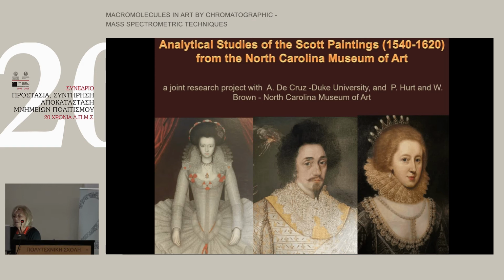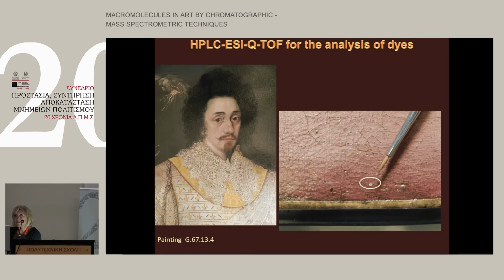And so we have analyzed all of them, and in all of them there is the presence of linseed oil, which is normal, I have to say, for the period of time and for the kind of artist that made these paintings. But what is interesting in this case is this pink color of a Scott dress, and so we